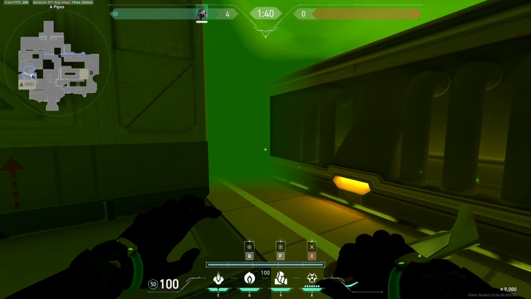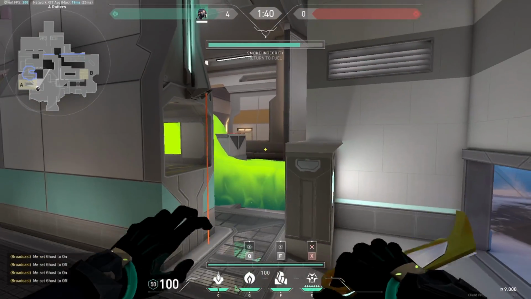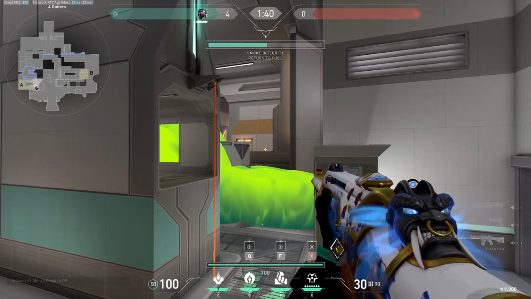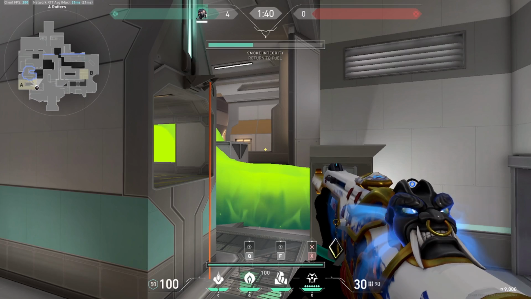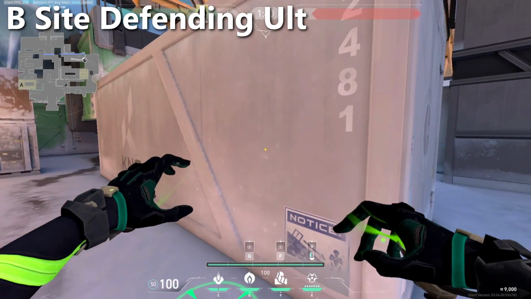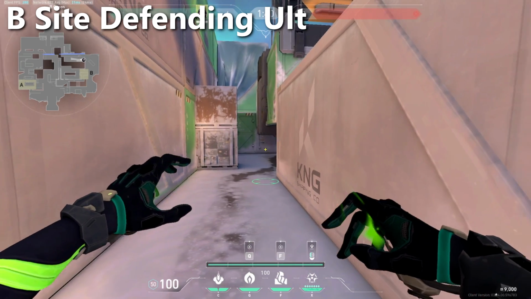If you are playing the lower part of your ult, and you have a teammate playing, for example, rafters right here and holding the pipes jump up, then there's pretty much no way for the attackers to just sneak past your ult. So my favorite ult for B site, I like to stand at the barrier here,